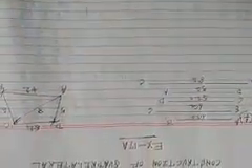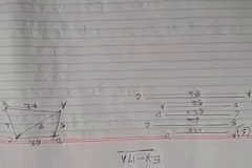Good morning, students. Now we start the same chapter, construction of quadrilateral, from your reference book, R.S. Agarwal, exercise 17A. It is question number 1. Here, draw a quadrilateral where four sides AB, BC, CD and DA are given and one of the diagonals is given. So first we draw the diagonal AC.